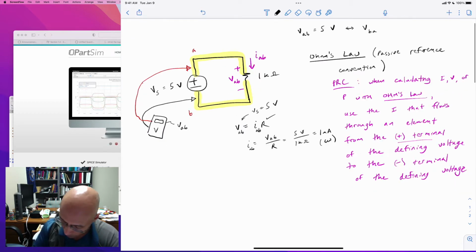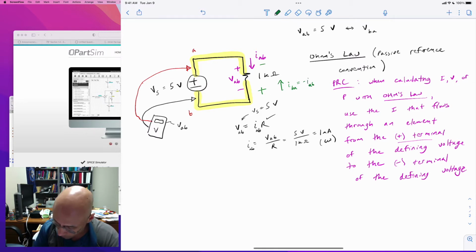It's a clockwise current. Now, let's say we wanted to use the opposite voltage in our calculation. In that case, we would use this as the observation voltage and this as the minus voltage. But now we can't use IAB. We would have to use the current that flows in this direction. We could call that IBA, which we could recognize as negative IAB. So the voltage that we have to use in this calculation, if we're going to use the passive reference convention, is the voltage defined with this positive and that negative. So that is actually